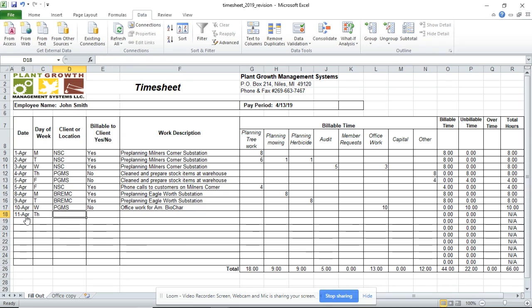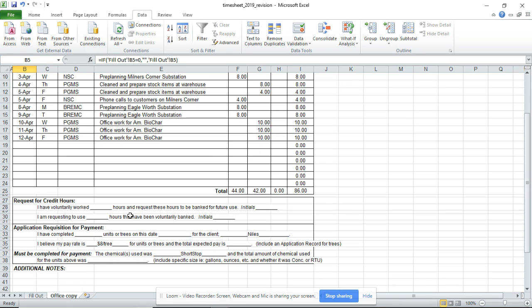See, on Thursday, worked again for PGMS, it's not billable. We'll say again we did office work. And again, office work on Friday for PGMS. We did that. Now we have 86 hours total over here. Now, normal pay period is 80 hours. If you decided that you didn't want to stop at 80 and you wanted to save some of your time for future use,